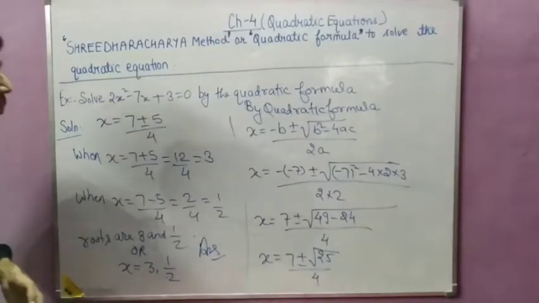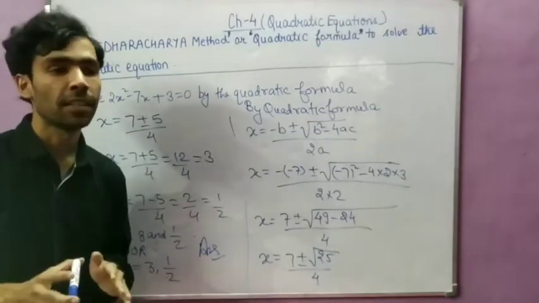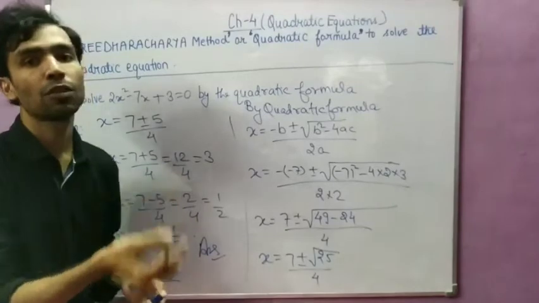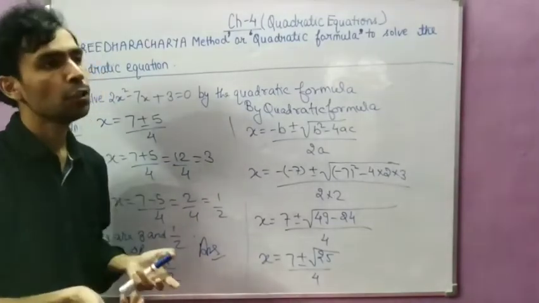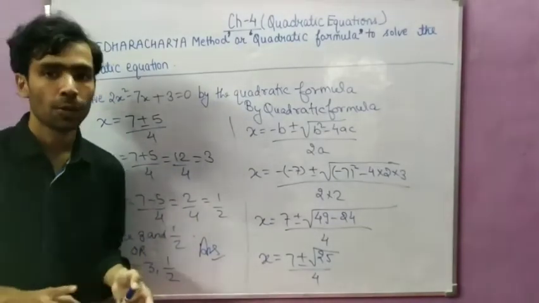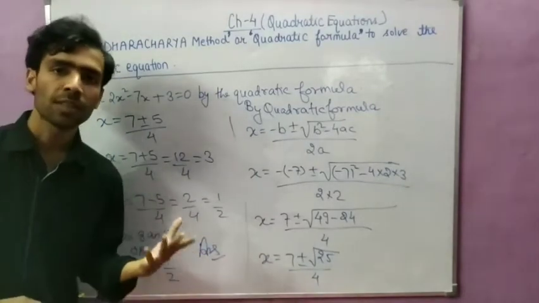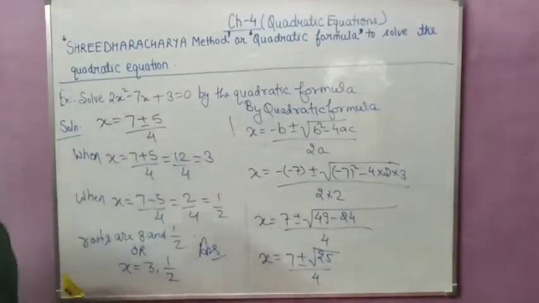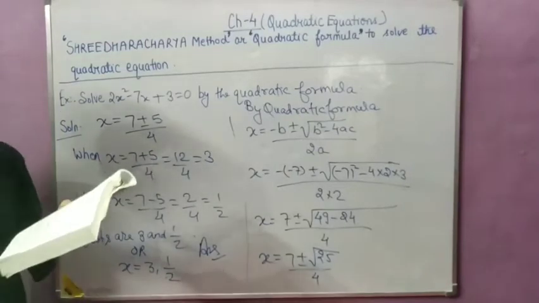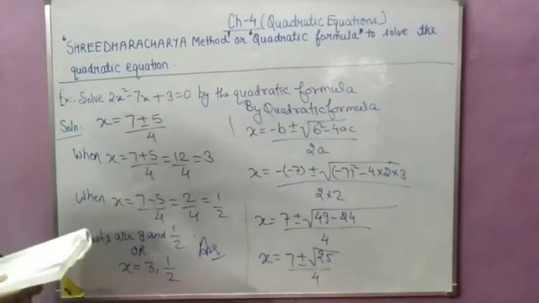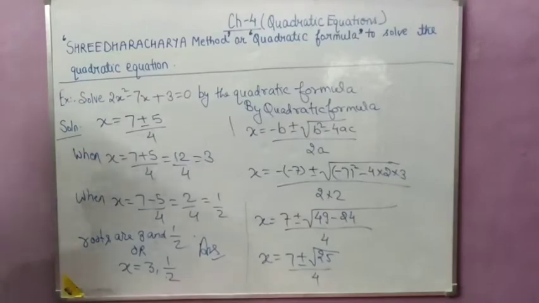Okay. If nothing is specified, use this; but if it is specified that you have to solve by the factorization method only, then you have to do it by that method only. Okay. So this is the method to find the roots or solution of the quadratic equation. I hope you have understood. Now one more question I can tell you, so that you will be comfortable with that formula.